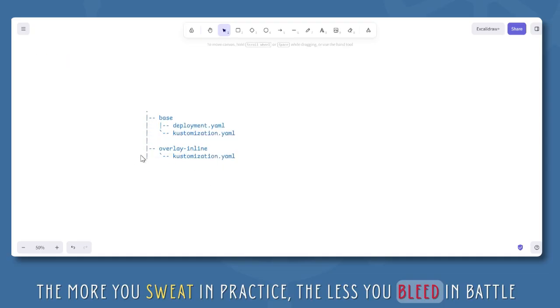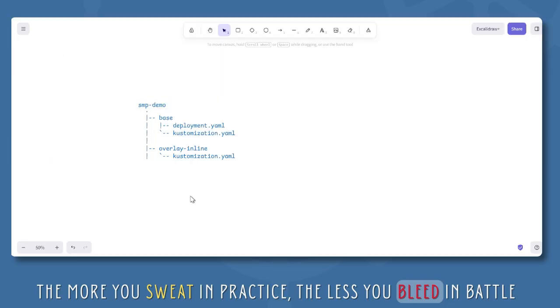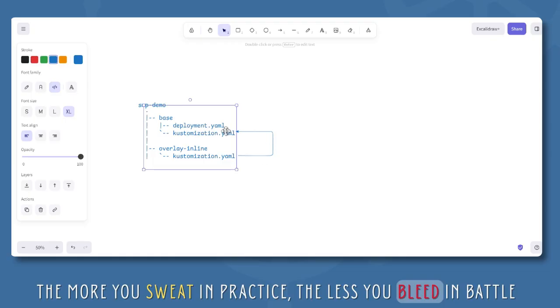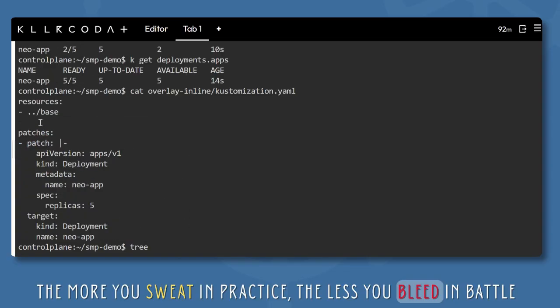Okay, so here in overlay, the current directory is this SMP demo, and from this customization file it will redirect to this path, because here it is in overlay. So we have to go one directory up to reach the base directory, and in the base directory, if you see, we have written